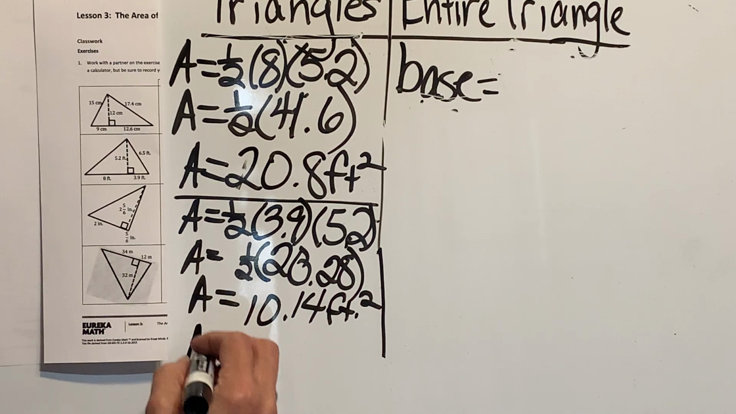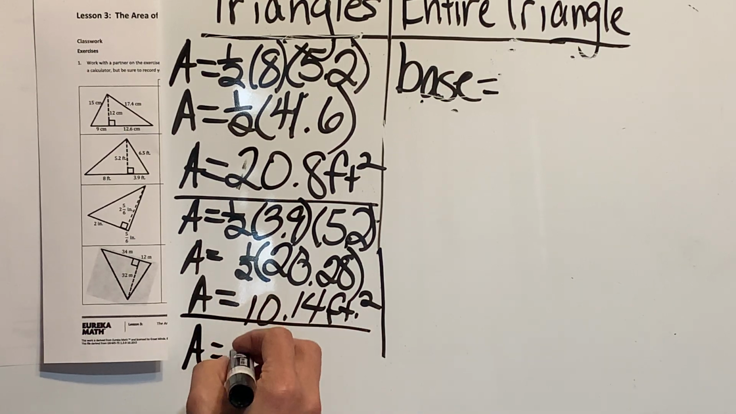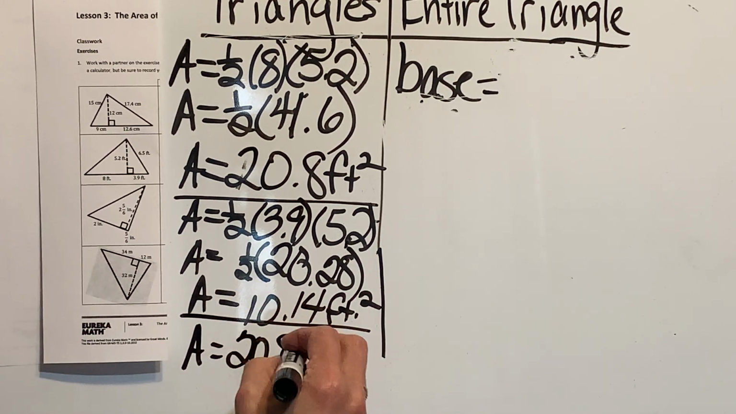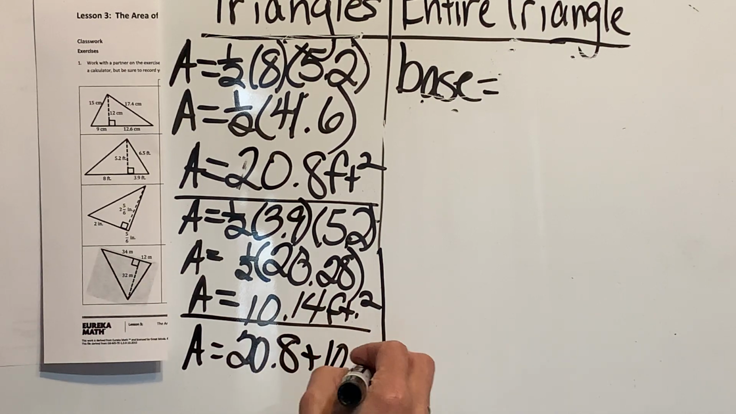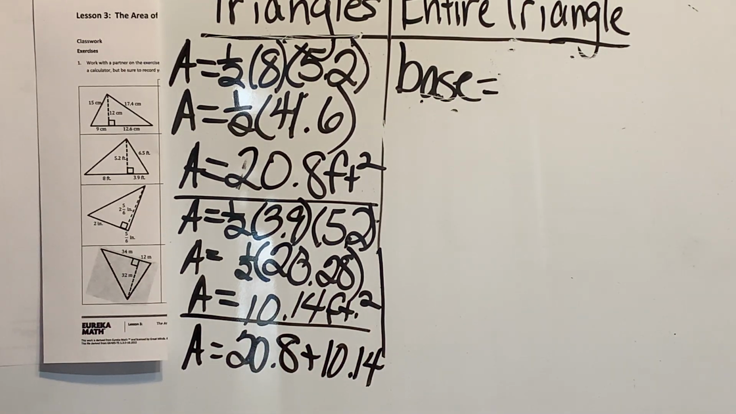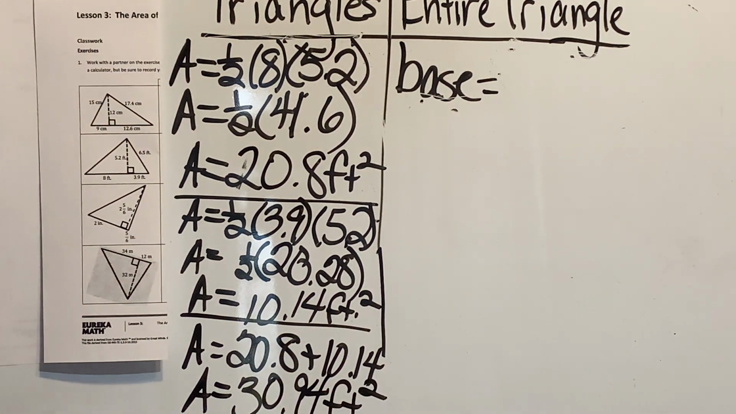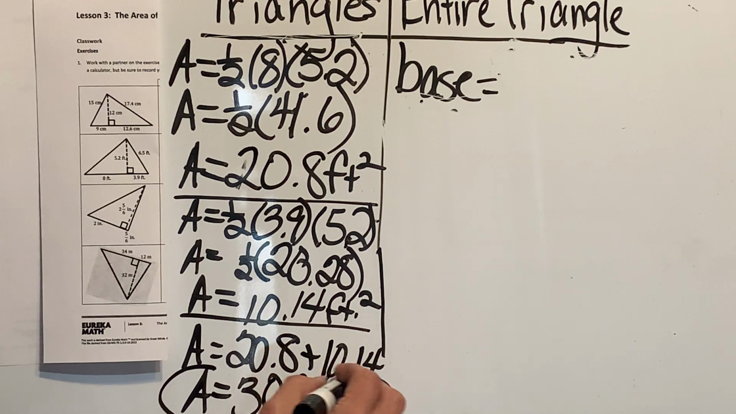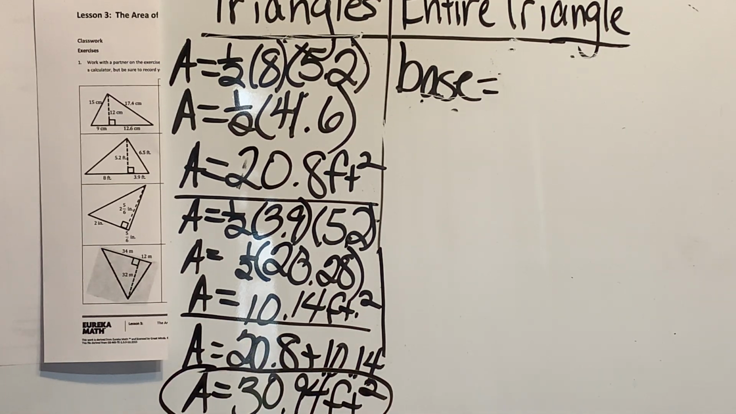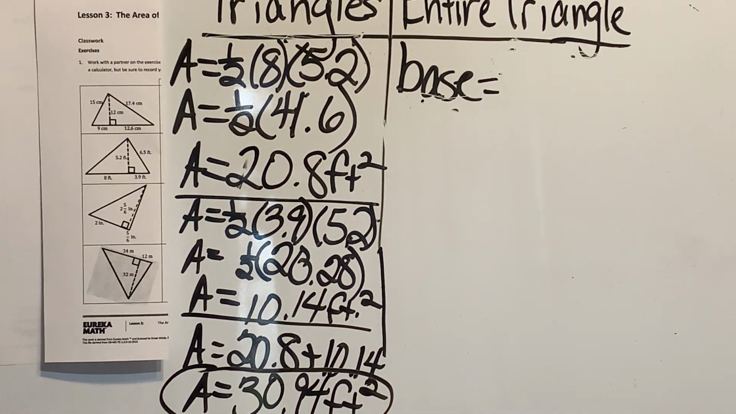So area would be, for the whole thing, 20.8 plus 10.14, and that would give us a grand total of 30.94 feet squared. So this would be the grand total. Now, let's take a look at